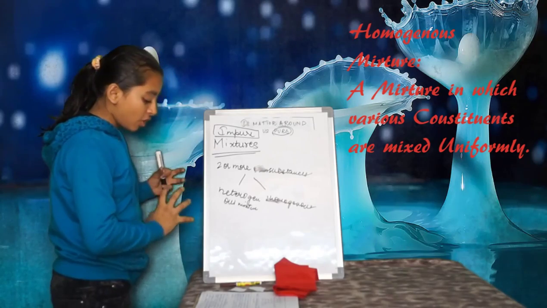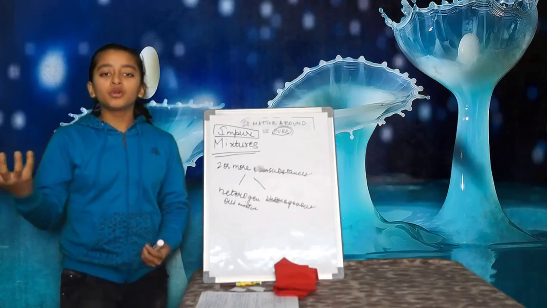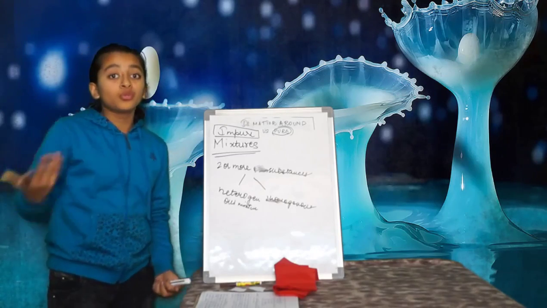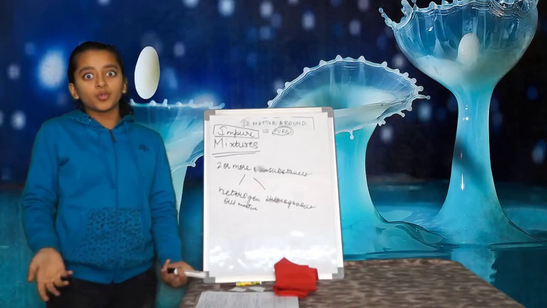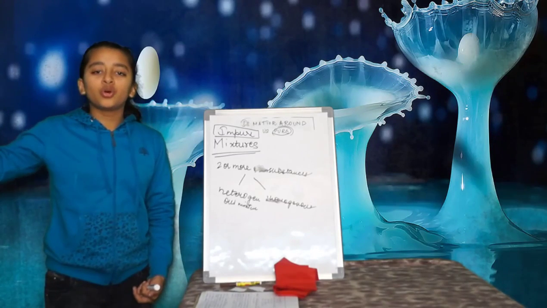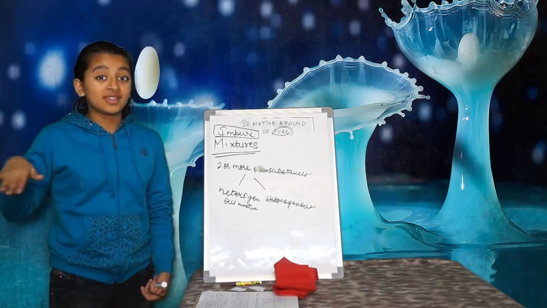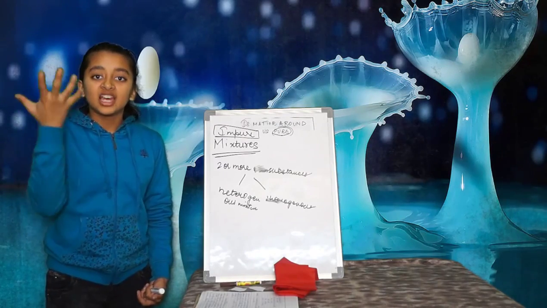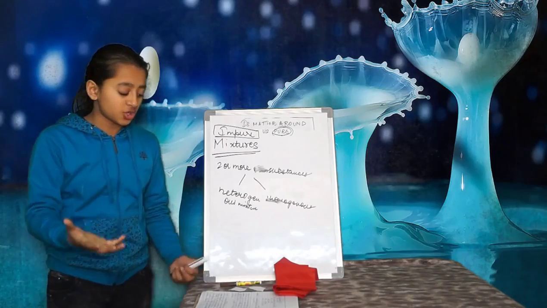They have variable composition. That means you can put 2 spoons of sugar inside it, 4 spoons of sugar inside it, or even half a spoon of sugar inside it. That would give you the same solution until you get to the supersaturated and saturated problem. Till then it will give the same impact. That means it has variable composition.